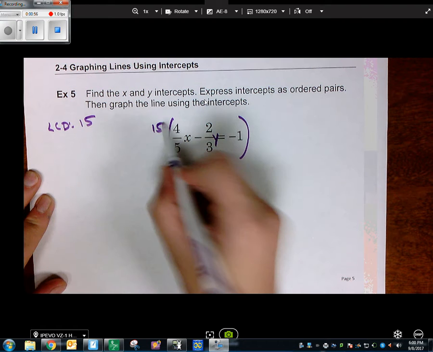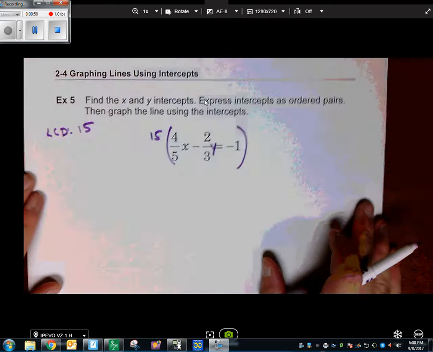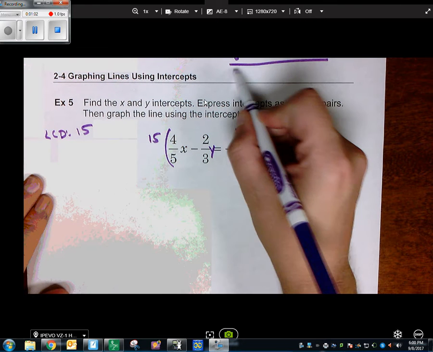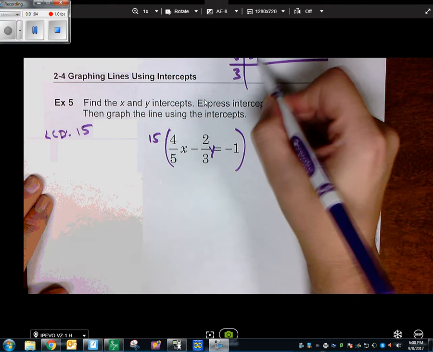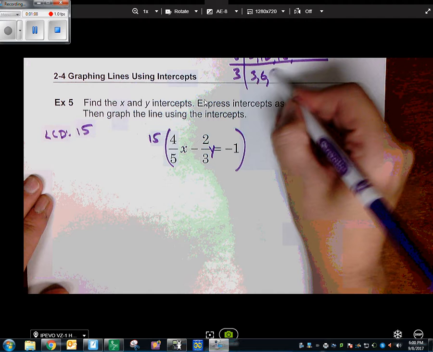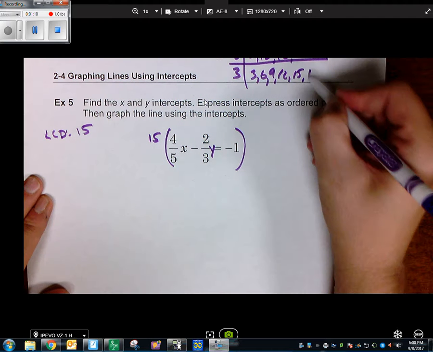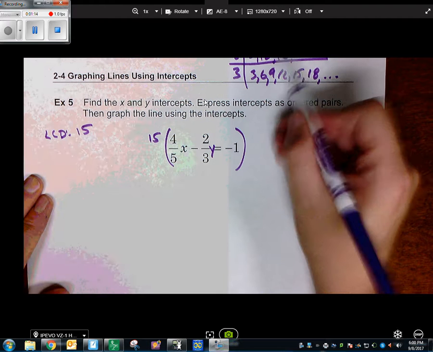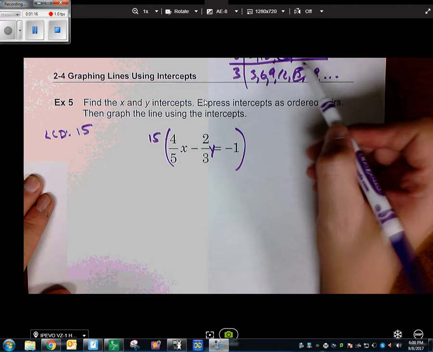And if you're still not sure of how I'm getting that, what you can do is count by 5s, count by 3s. 5, 10, 15, etc. Count by 3s: 3, 6, 9, 12, 15, 18, blah, blah, blah. The first number that's the same in both lists is